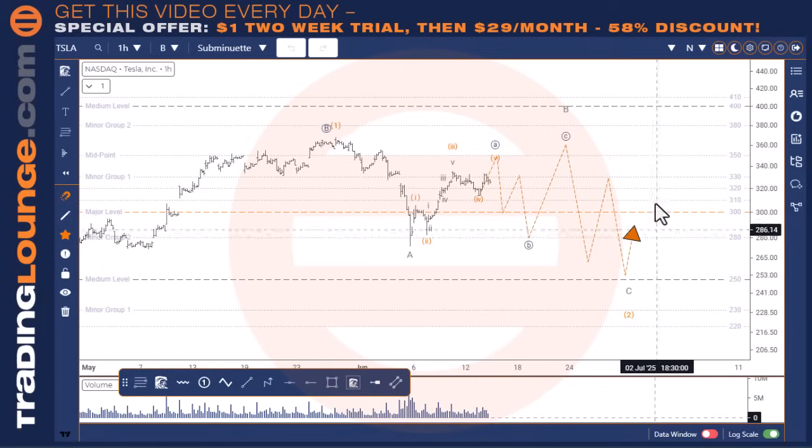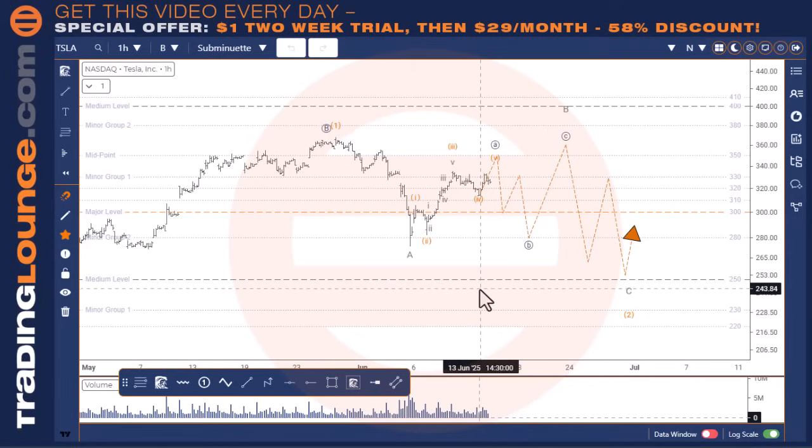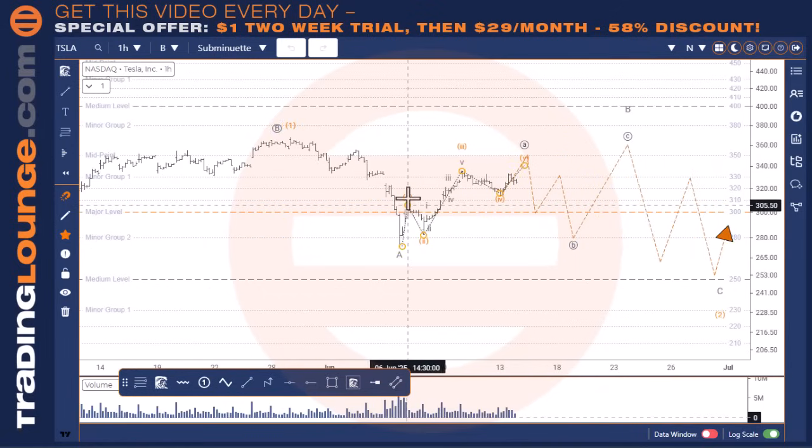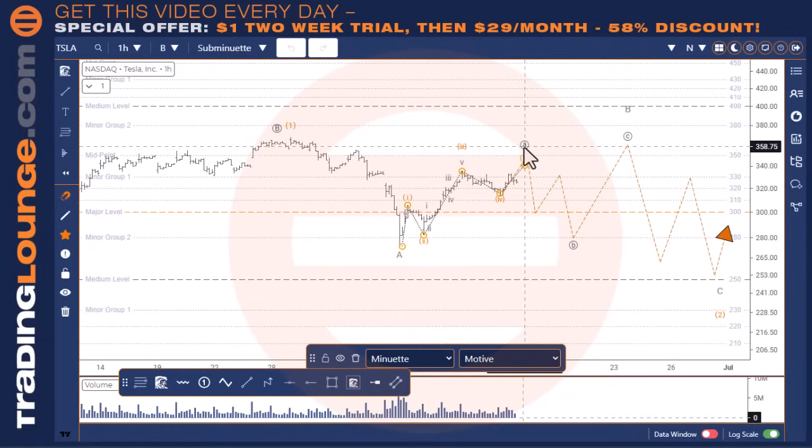So I don't see a trade here at the moment. We could trade wave C up here if we get 1, 2, 3, 4, 5 here. We'll get some sort of ABC pattern here. It may not be that big, and then we'll get wave C up here. It could take us higher, so we could look for a trade at this point,